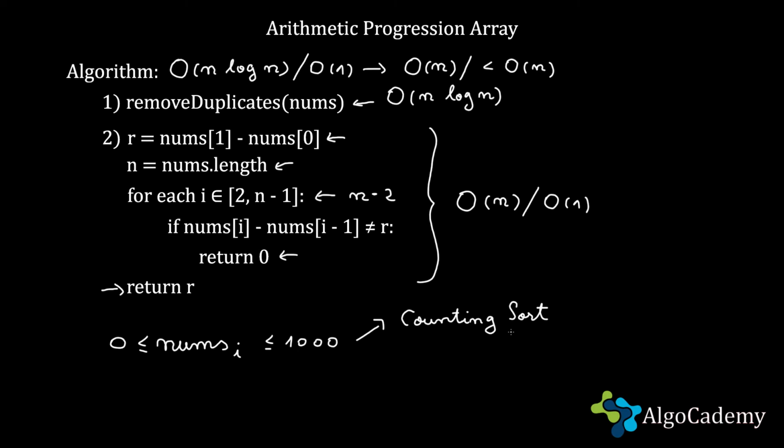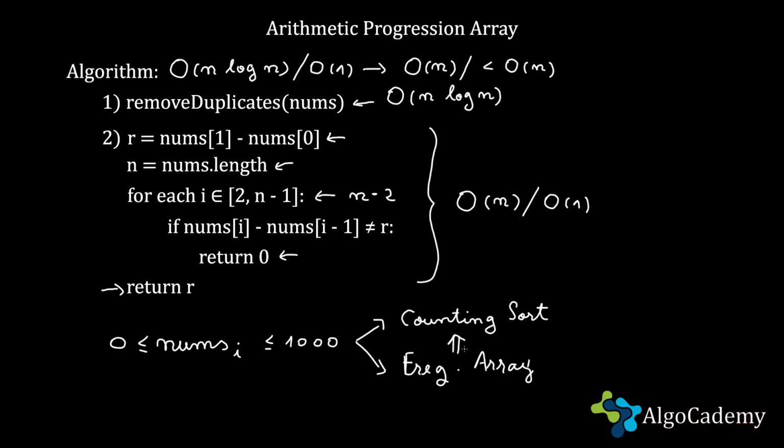And also the small values are a hint for a data structure that we have just learned, which is of course the frequency array. And indeed, the frequency array is the foundation of counting sort. So you've probably guessed it, we are going to sort this array not by applying any sort algorithm that is based on swaps, always swapping two elements and stuff like that, but one that is based on counting how many times each value appears. And also, because we just want to keep the distinct values, each distinct value once,